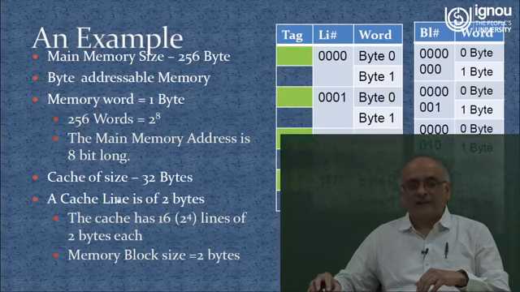So with 2 bytes per line, we have only 16 lines of cache of 2 bytes each. The bytes are shown like this, and the cache line addresses like this. The cache line address will vary from all zeros, 4 zeros, to all ones, that is 0 to 15. So there are 16 addresses. That is how we have the cache and the main memory. This is the main memory and this is the cache memory.